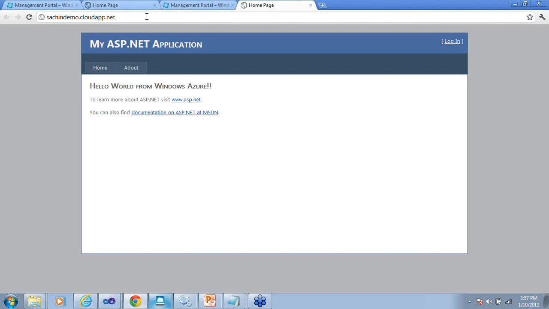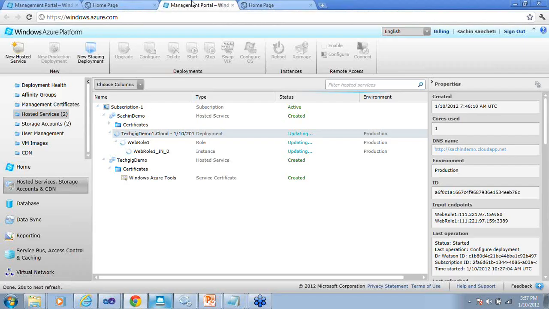It is as good as the application was running on one server and you added 4 extra servers and they are load balanced. So if you imagine doing this physically, in your local environment, very difficult. Cloud, as we talked about all these characteristics, you can see it here. Now, very soon, in 2 or 3 minutes, you should see the 0, 1, 2, 3 instances running, and you can actually decrease it also.